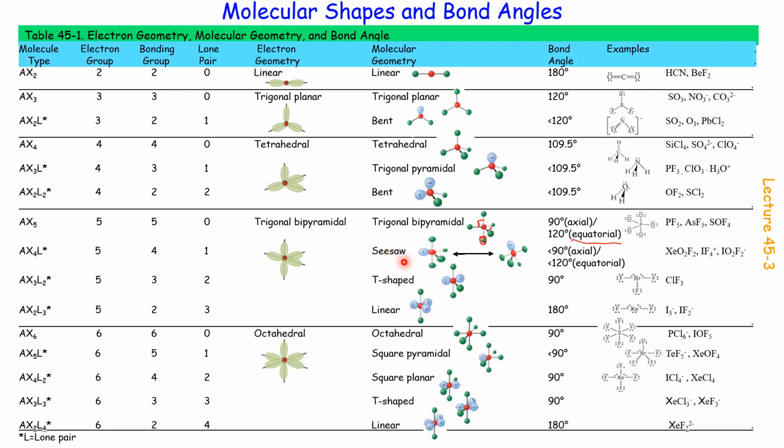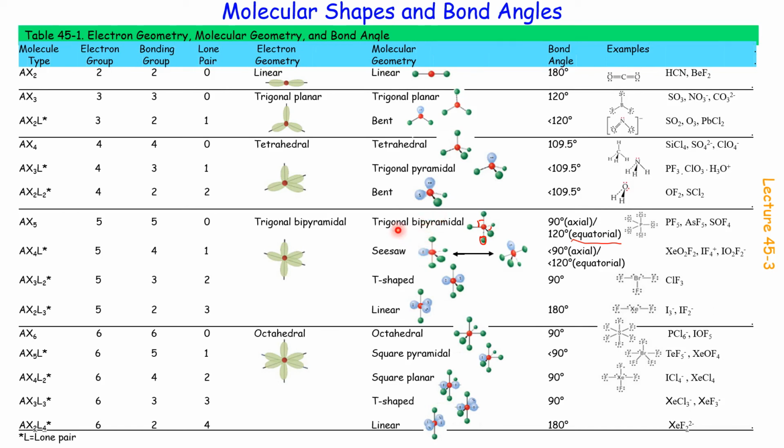It is important to remember the lone pairs occupy the equatorial positions. Therefore, one of the 3 equatorial positions, 1, 2, 3, is occupied by a lone pair, and the molecular